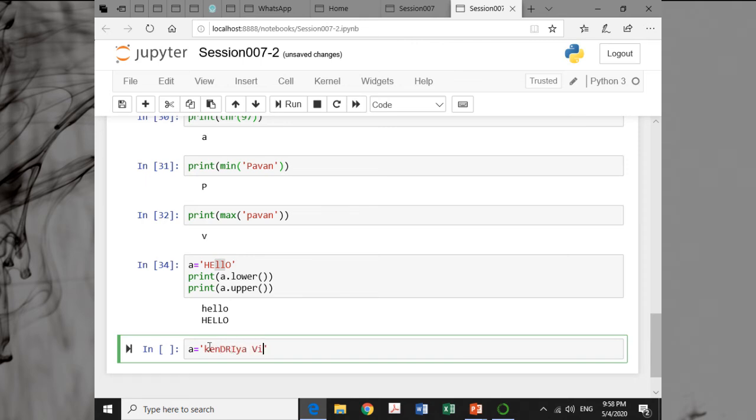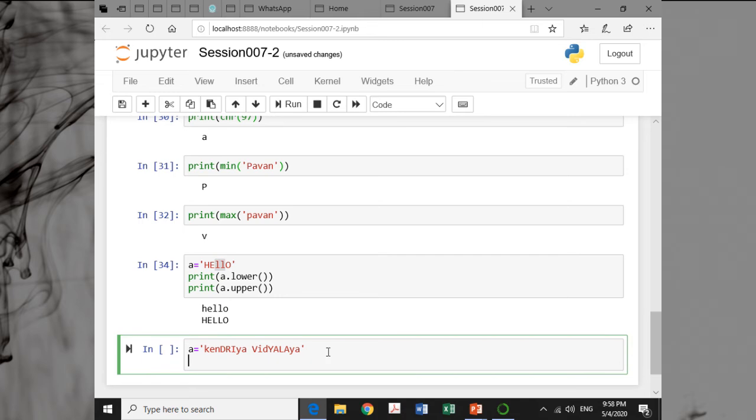Kendriya Vidyalaya. Suppose A is Kendriya Vidyalaya, and now I'm going to use the title case. So if I write print A dot title, so title case means each word of the string, like here there are two words, the Kendriya word and the Vidyalaya word.